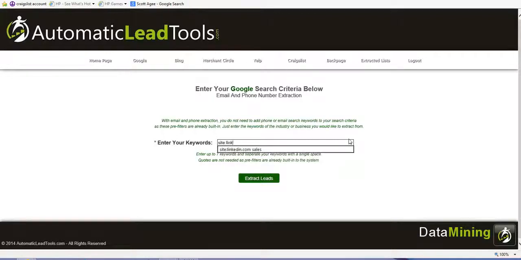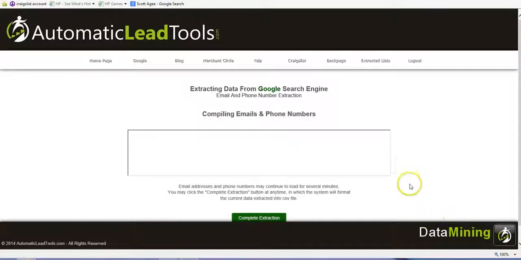Site, LinkedIn, sales, right? So LinkedIn is another social media site where people go that are sales professionals or business professionals. It's a business type social media site. So we look for those sales reps, and watch this. Same thing happens. So these people are actively on LinkedIn putting up stuff about sales. Either they're a sales rep or they're in a forum regarding good sales. So this business could actually contact these users who are on LinkedIn talking about sales.